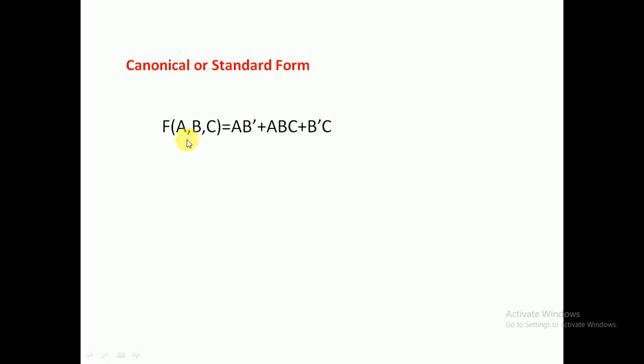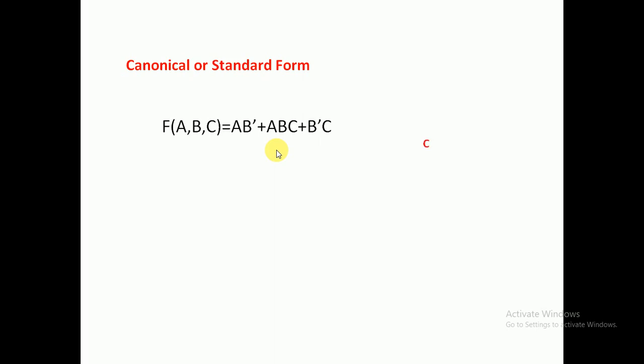Now here there are three variables. In each term, all three signals should be present. Then only it is called a standard format. If even one variable is missing, that function is not in the standard format. Here there are three terms, but the second one satisfies the standard format because the term is a combination of three signals. You can take the variables in their inversion or as a regular signal, anyone, but each should be covered at least once in the given term. This first example is not a standard format because the c variable is missing. Here the a variable is missing. Only the second term is a combination of all three variables.